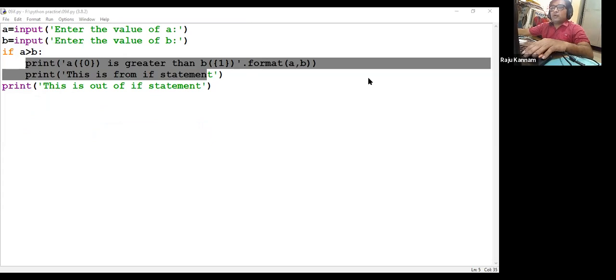Now this is part of this else block, because after the colon, if we give enter, it automatically takes indenting. That means it takes 4 spaces. Whatever statements you enter after 4 spaces will be considered as the block of that particular statement, whether it is if or else. Okay, so now if you execute this,